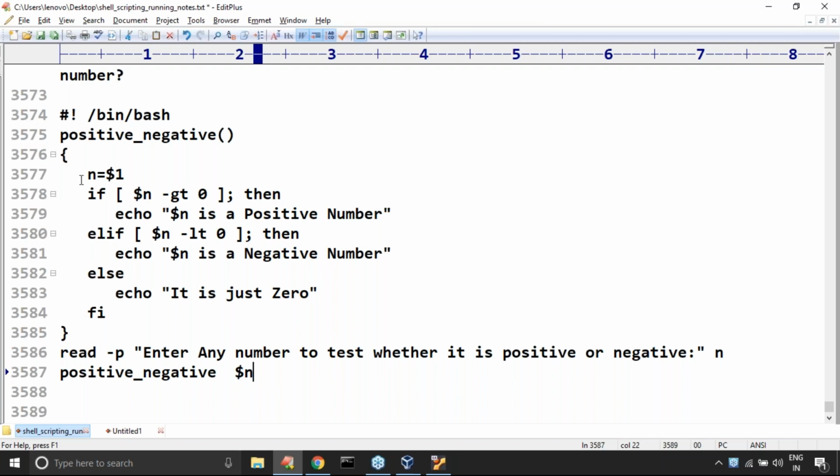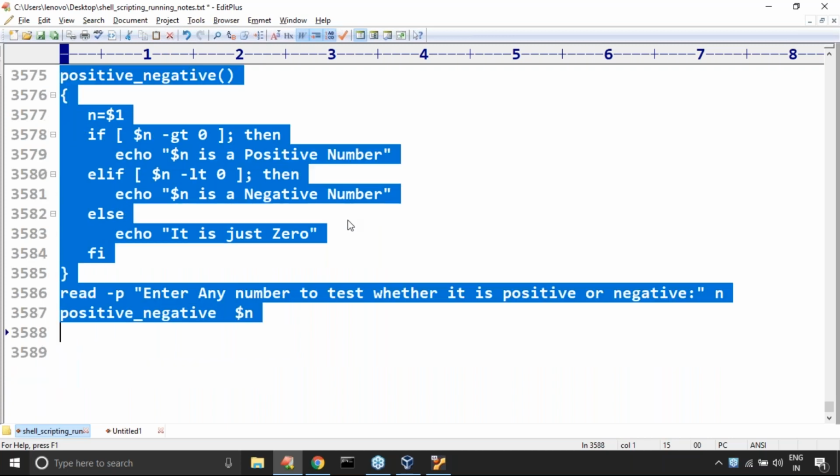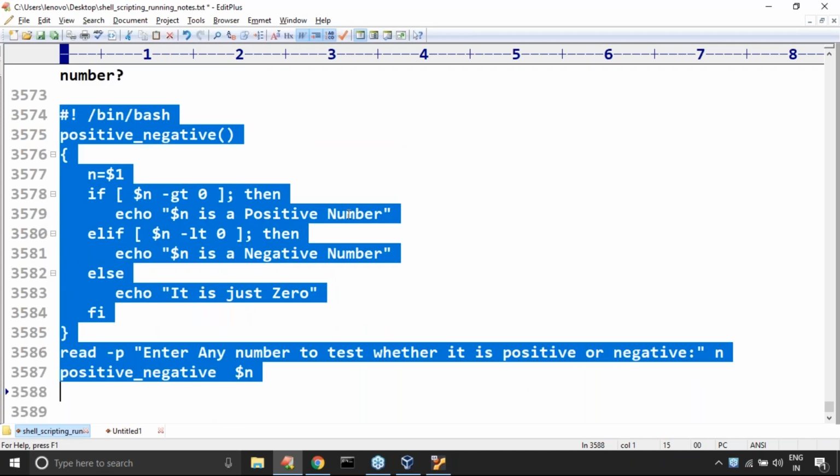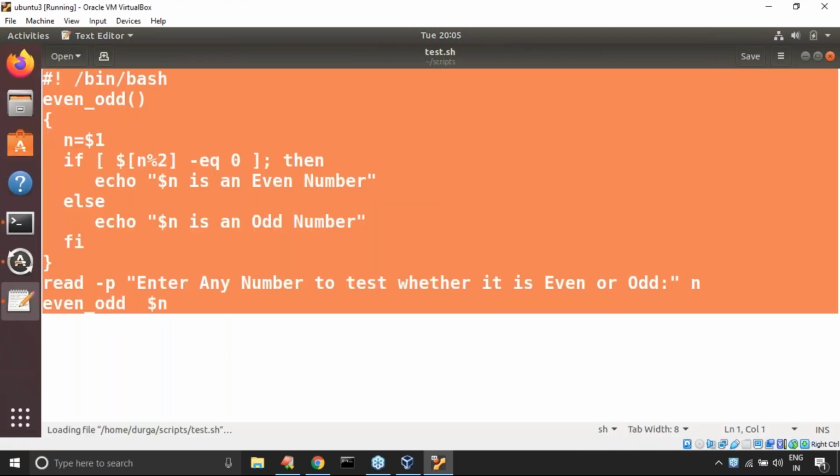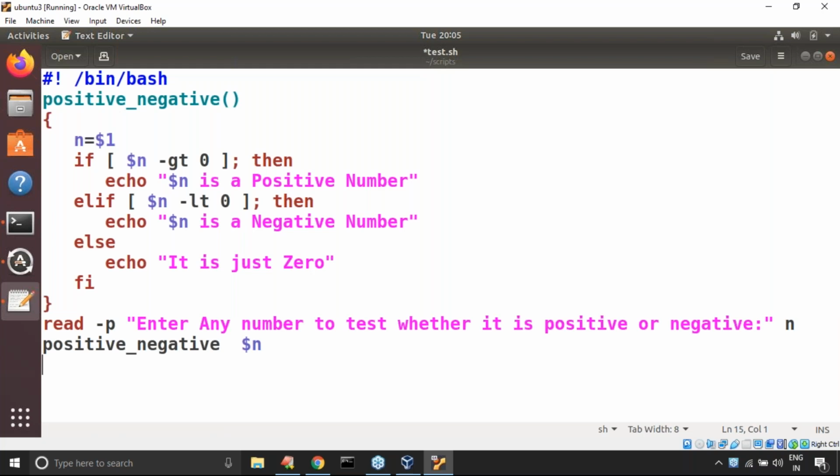Can you please confirm? Am I doing any mistake? Is it clear? Respond. Am I doing any mistake? Is it clear for you people? Okay, so just have a look once, sir. This is the example we have. Please confirm everything is correct, right?